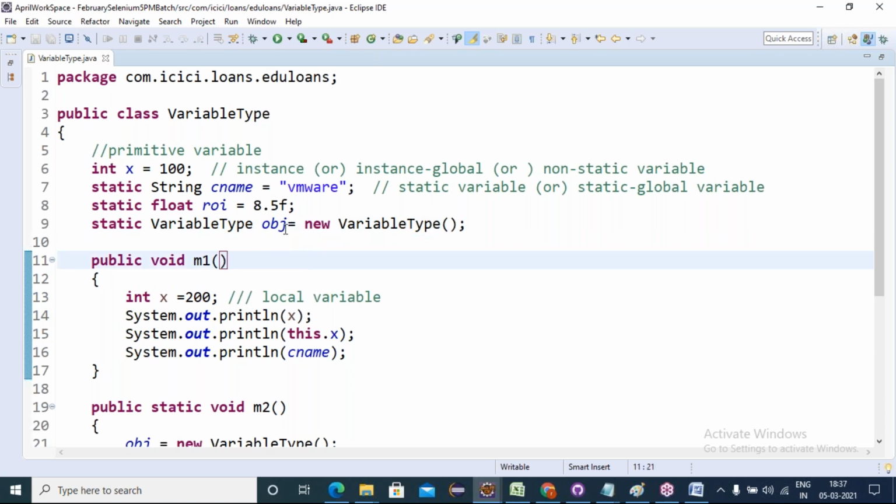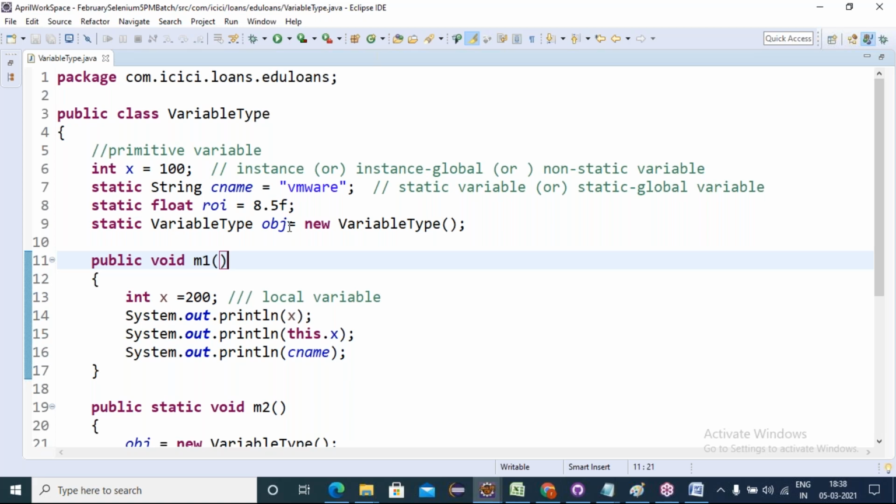Why? The same question I heard earlier from your batch. Friends, 10 students are there, 10 objects I need to create. Class is a collection of objects, I said. Agree or not? Yes. Each object points to one customer, right?